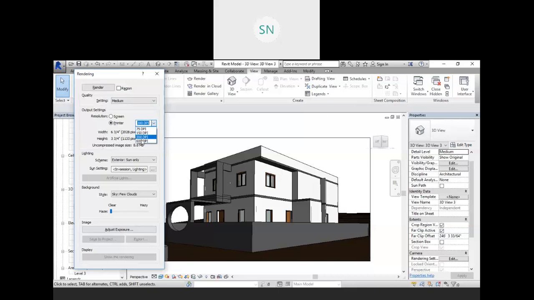If you go with 600 dpi, we can say it's a 4K image. DPI means dots per inch. So per inch 600 dots will be there, 600 pixels will be there, right? That is our DPI. So let me go with the screen option, and then for the lighting, what do you want to use, sunlight only,